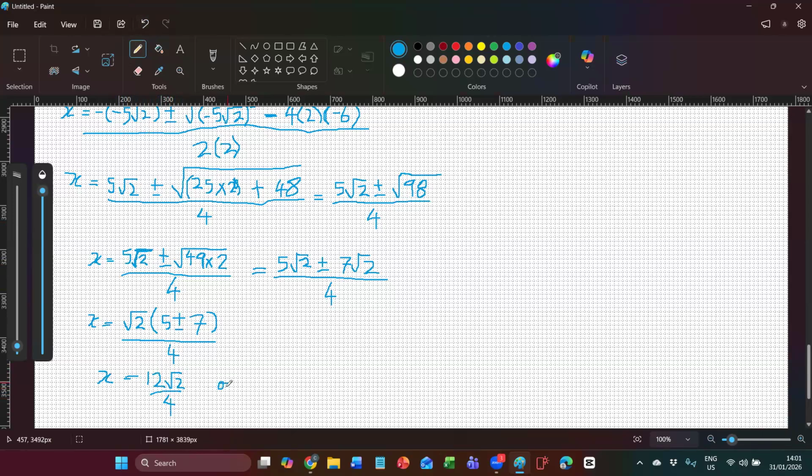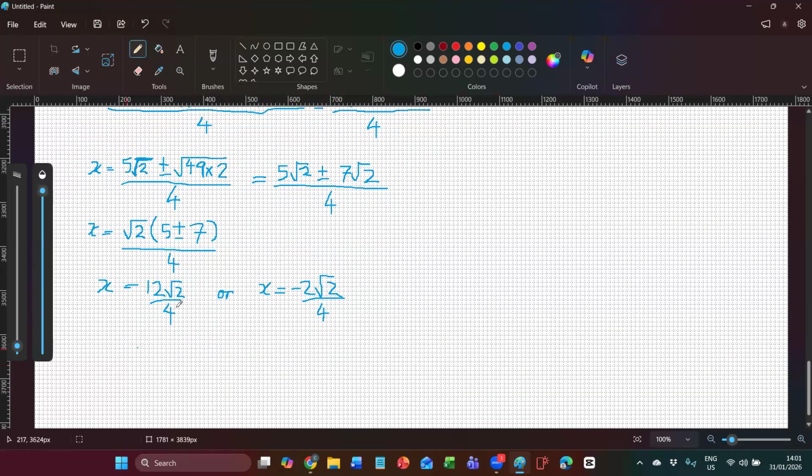or x is equal to 5 minus 7, which is minus 2, so minus 2 surd 2 over 4. Okay, so what's that going to give us? 4 in itself is 1, 4 in here is 3. 3, yes. So that means x equals 3 surd 2,